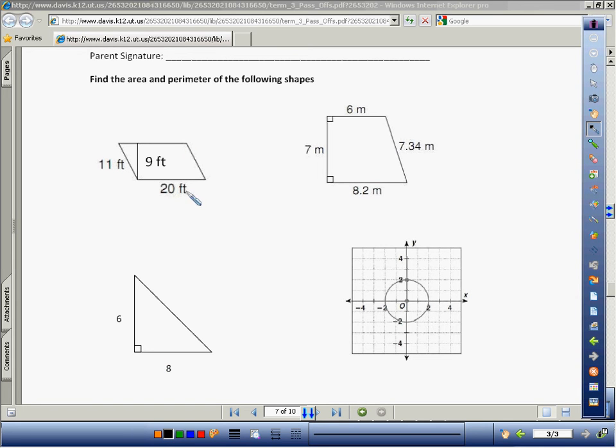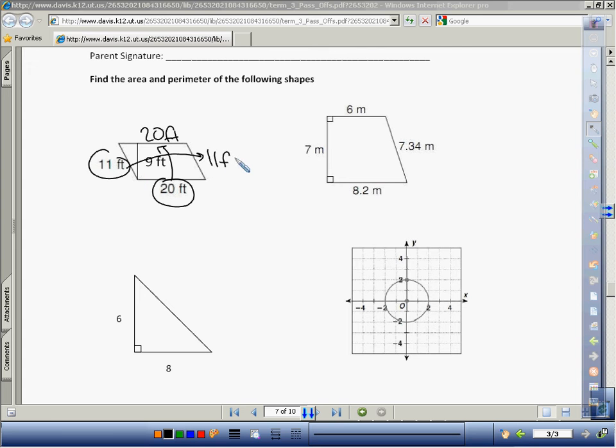So in a parallelogram, which this is, the 20 is also right here, and the 11 is also right here. Now the 9 there doesn't help you with the perimeter. It's going to help us with the area. We need to know the true height when we try and calculate the area of the parallelogram. So just for our perimeter, we're going to go 20 feet plus 20 feet plus 11 feet plus 11 feet. And so when we add all of those together, we get 62